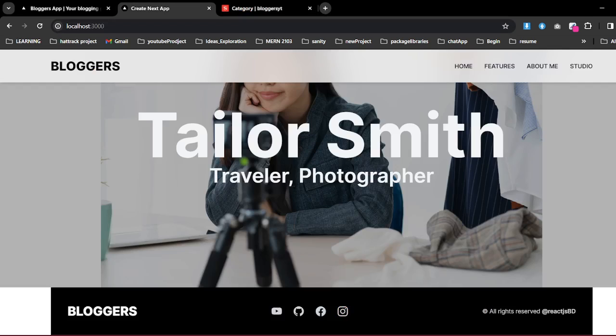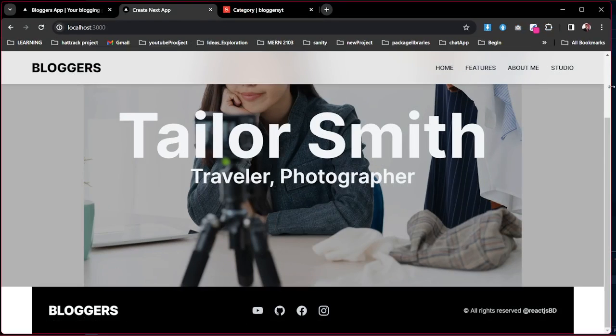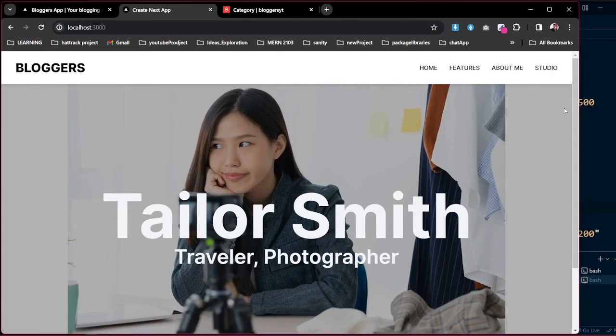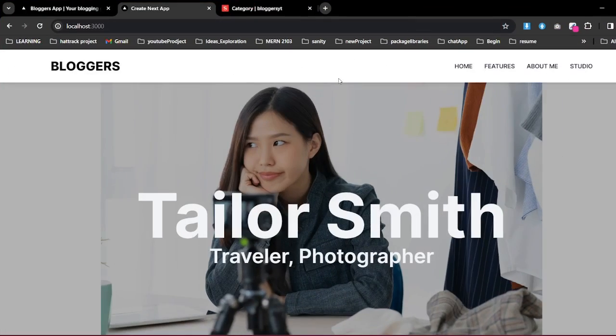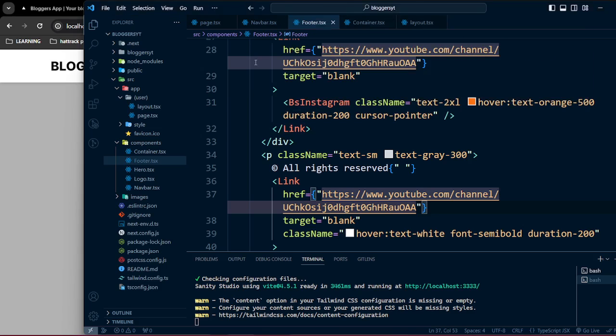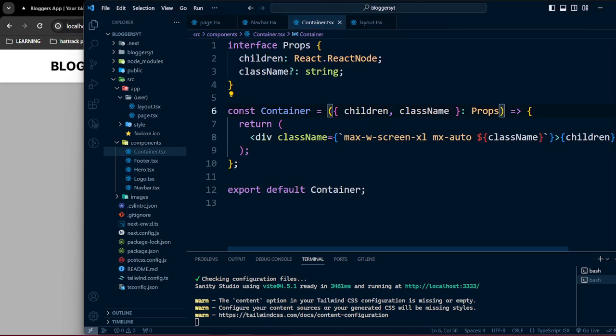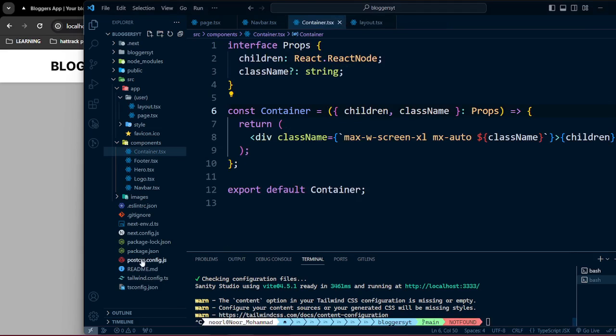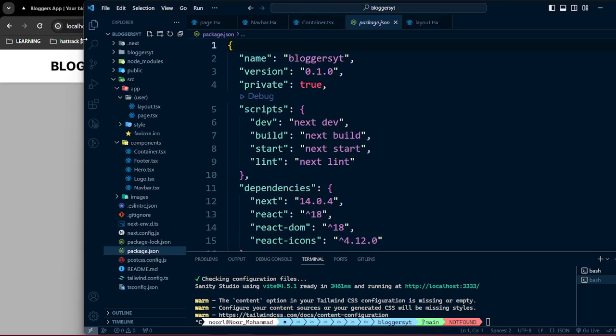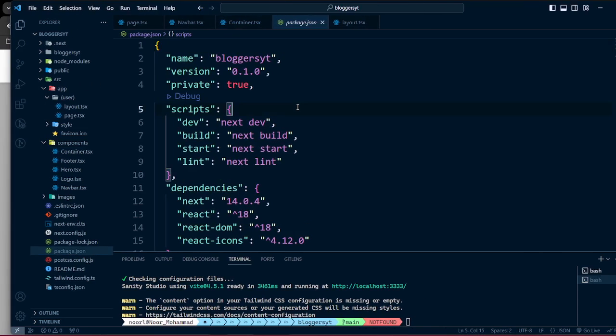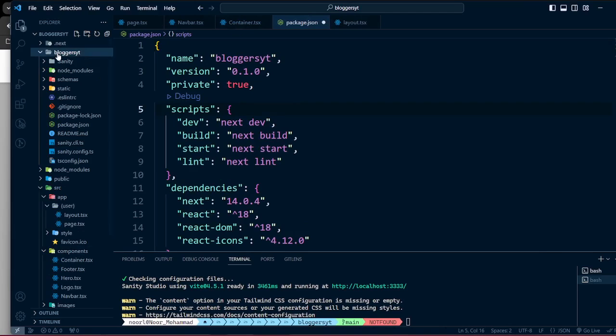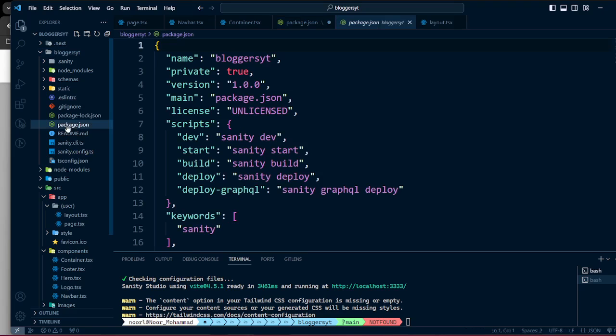So now those things are done, and also this one is responsive, and by the way, now we need to embed our Sanity CMS inside our application, and we're gonna do it right now. To start embedding, I'm gonna open my package.json, and then let's go inside that bloggers YT, and also I'm gonna open that